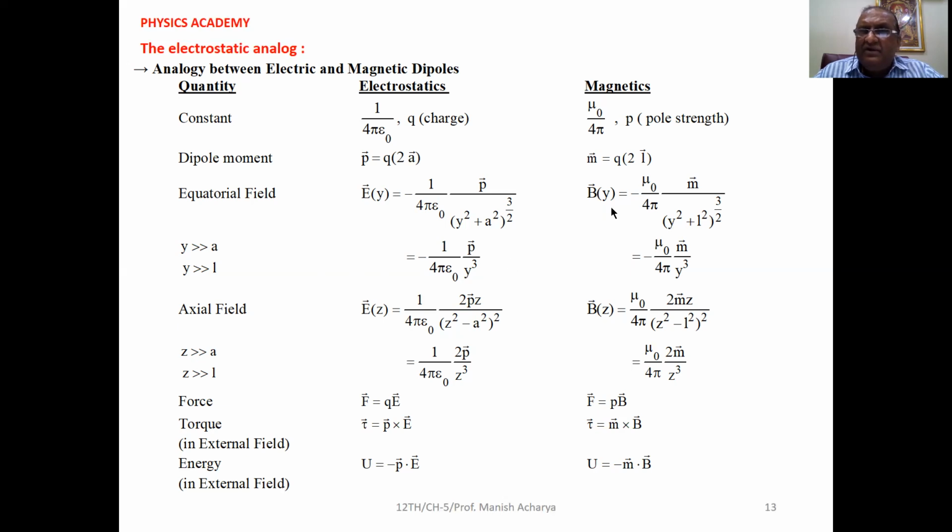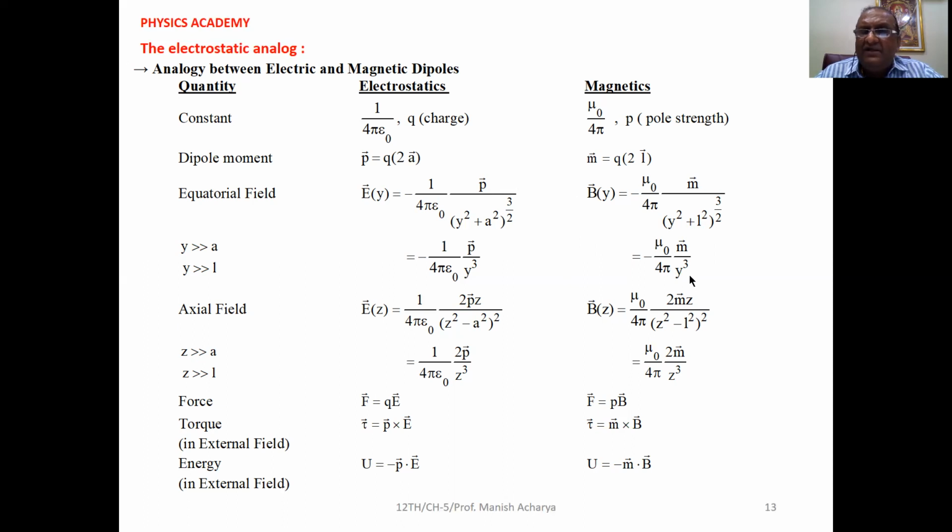Similarly, the equatorial field for a magnetic dipole is minus mu 0 upon 4 pi, the constant being replaced, then M, the dipole moment, upon Y square plus A square. Here A is replaced by L. So Y square plus L square raised to 3 by 2. If we take Y very much greater than L, then we can write mu 0 upon 4 pi